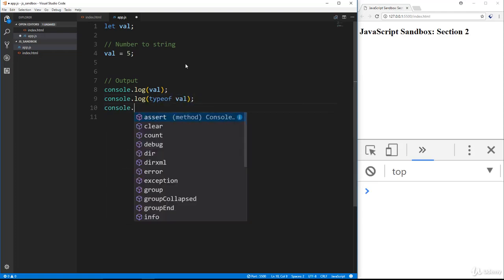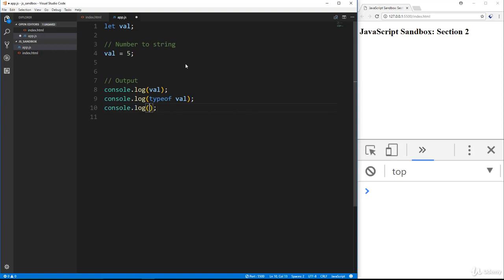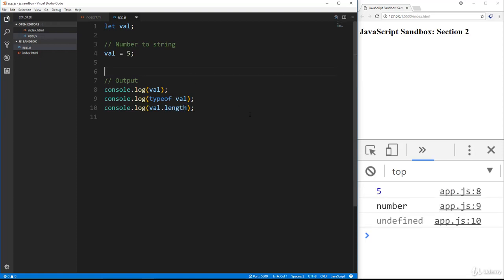And then I'm going to do console.log, and I'm going to take that value and call the .length property. Now length only works on strings because it's a string property. It gives you the number of characters in a string. So let's go ahead and save this and run it and see what we get. So first thing we get is 5, which is the value. That's fine. Number is the type, and then val.length gives us undefined